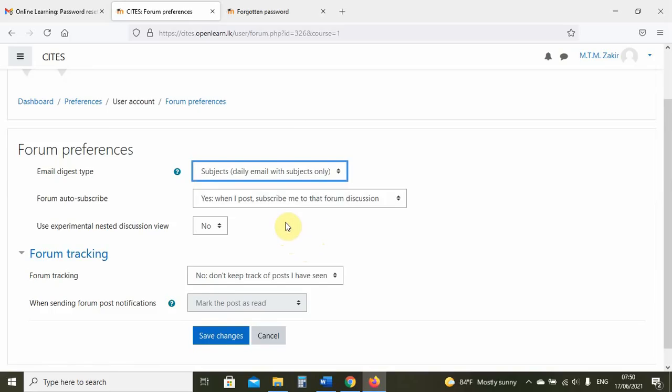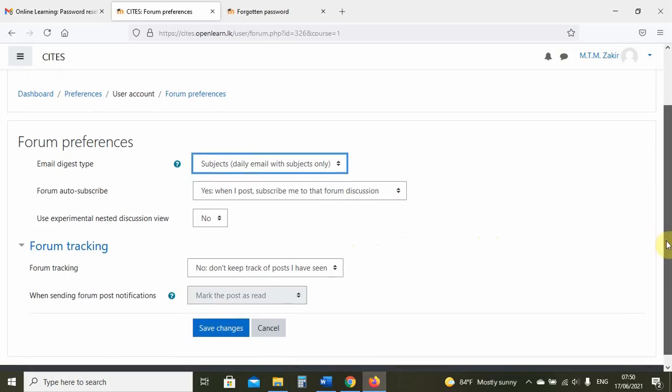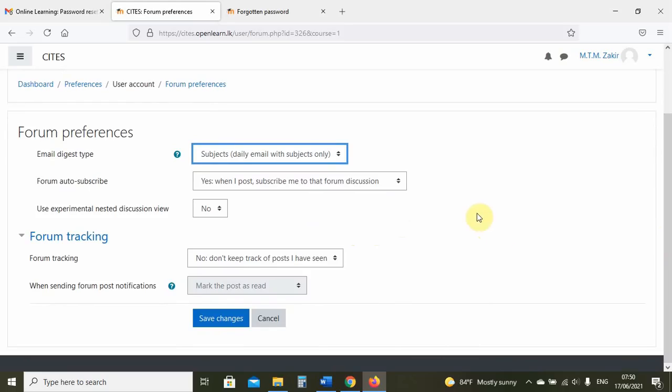Once you see that, you can decide whether it's something important for you that you want to go to the LMS and look at it. If you select an email for every post somebody makes on a forum, then you will get lots of emails. So that's not practical. Then the other thing is, of course, you must subscribe to the forums that you post to, otherwise you will not see them. So here, forum auto subscribe. It's very important. You have a choice of whether or not to subscribe to forums if you want the notifications to come. But obviously if you post, you must be subscribed to it.